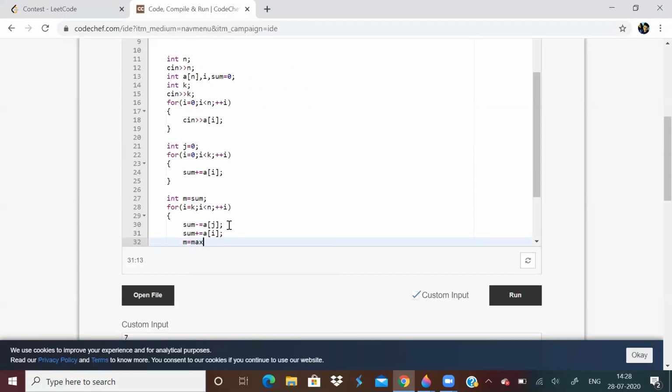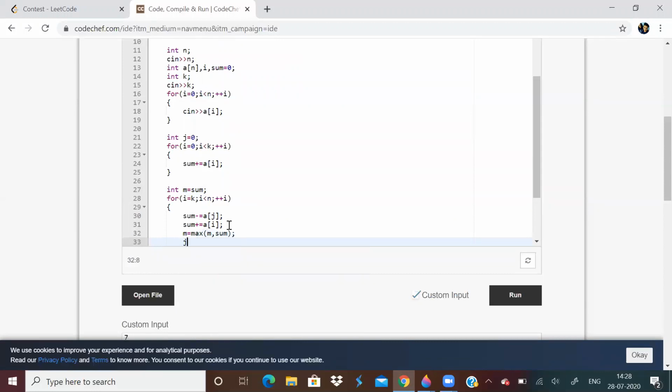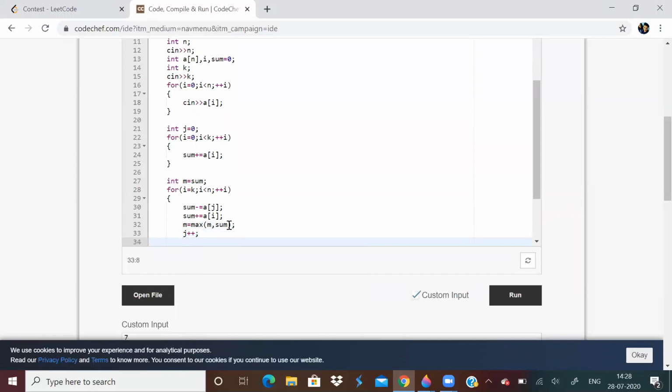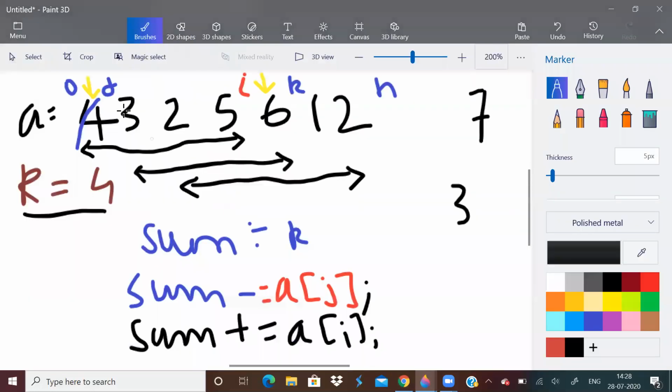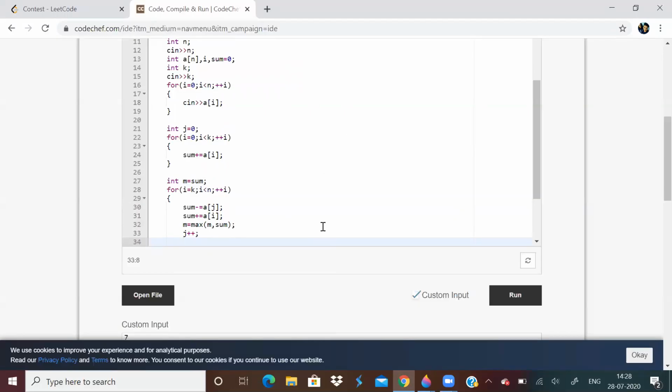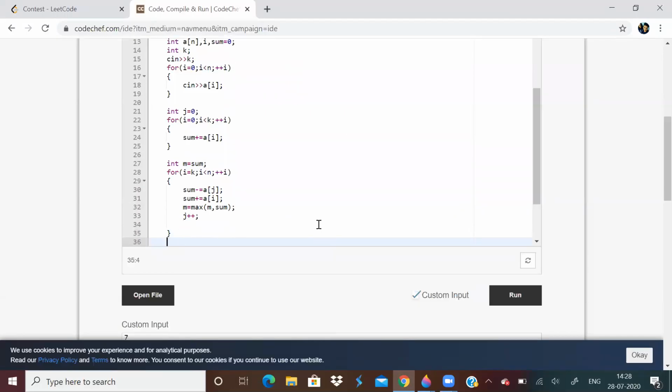Now I will compare if my max value has changed, and I have to do j plus plus because I am moving the window, right? j was here, then j will come here because even i is moving. So constantly you're moving a window of size k. Then I have to just print the maximum sum.